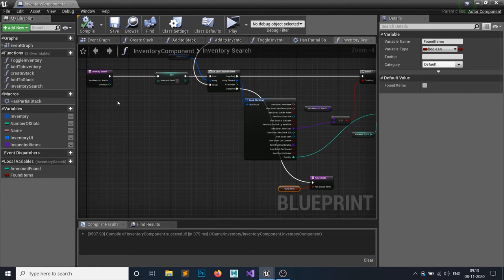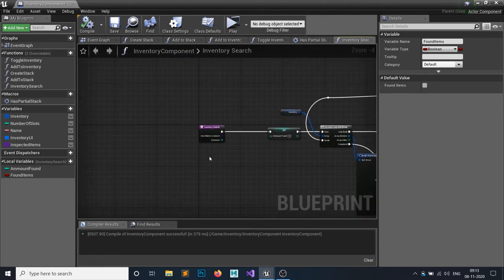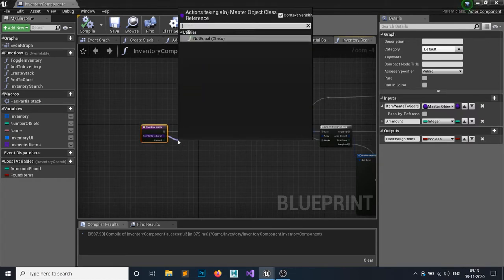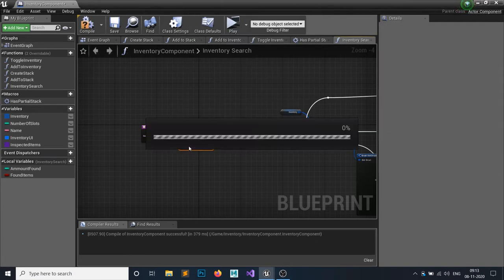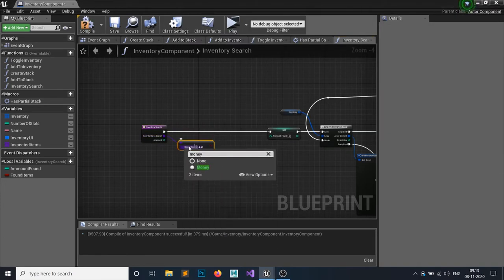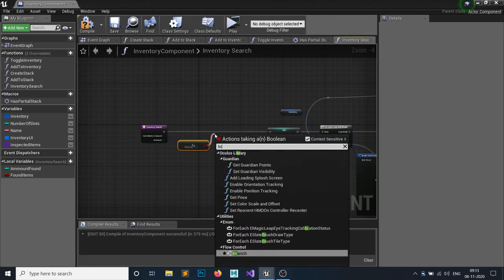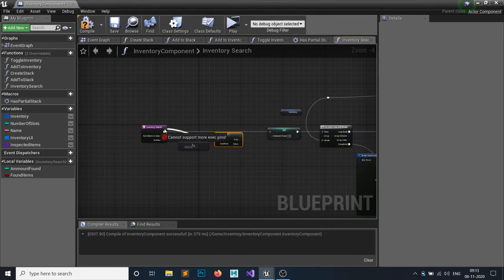Let's say your item is money, which is in your player pouch. So first I want to check if this item I want to search is not equal to money, because if it's money, then I want to check my player wallet. If it's not money, then we will search the inventory. So if it's not equal to money, then we will simply search here.